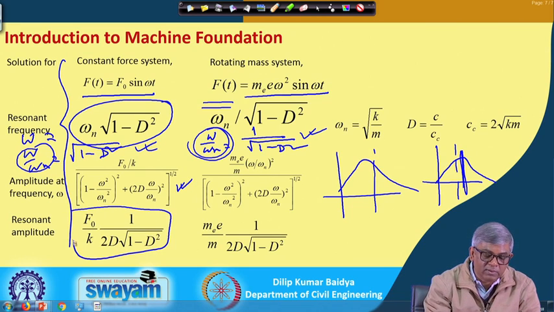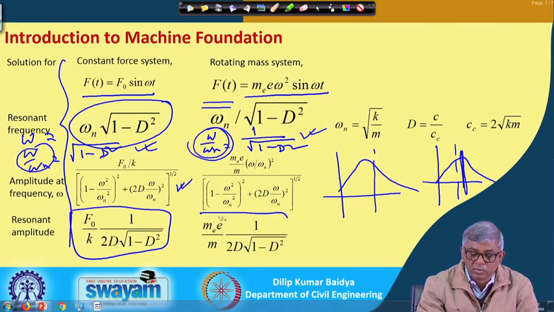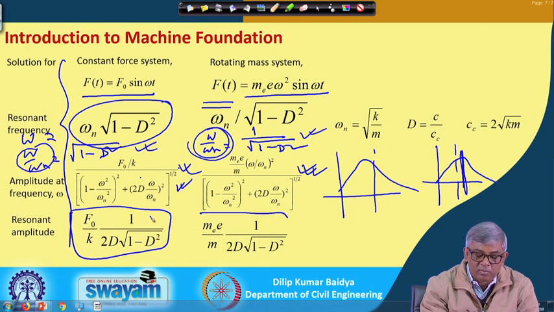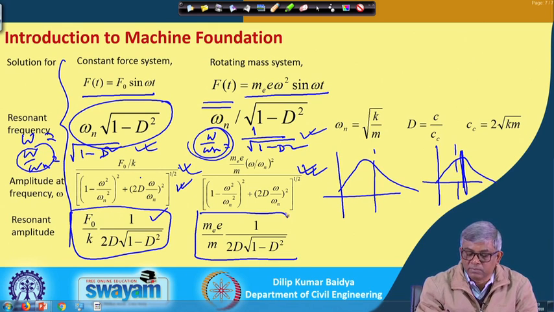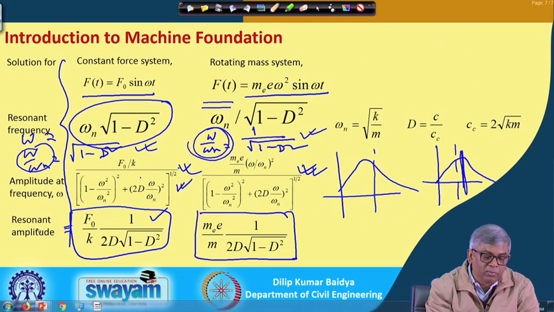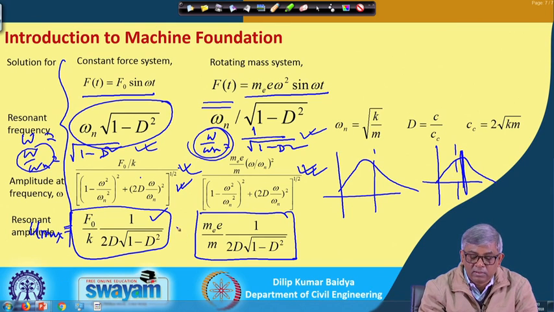This is the expression we get, what I have shown already. So, this is the general solution for constant force system, this is for rotating mass system, general solution. Now, this frequency ratio, if I substitute in this, you are supposed to get the maximum amplitude, and that expression becomes like this for constant force system, and it becomes this for the rotating mass system. That means, I have already shown here, this is actually nothing but u max, this is nothing but u max, this is also u max.